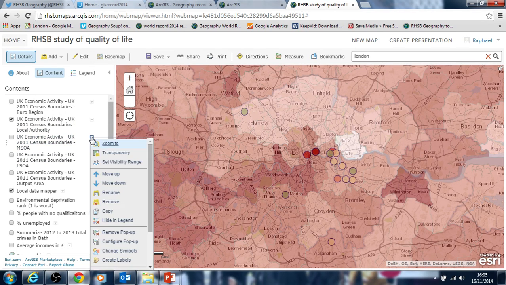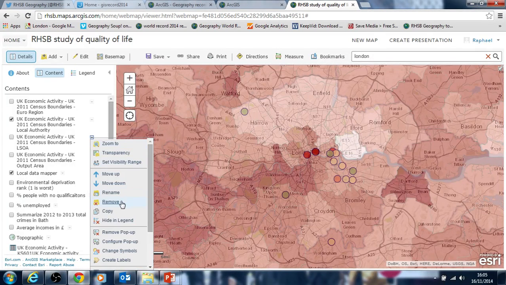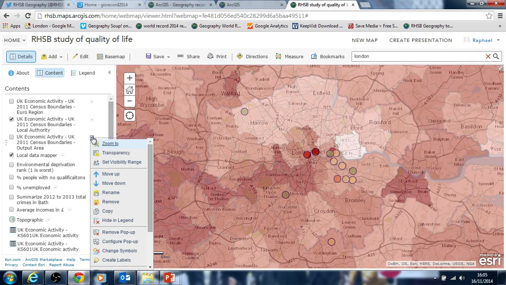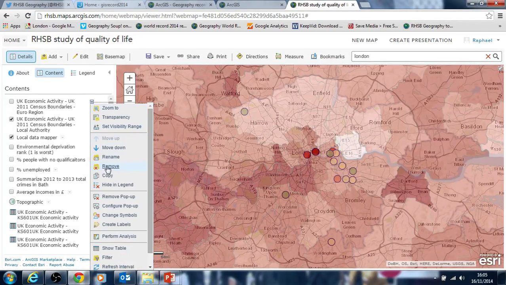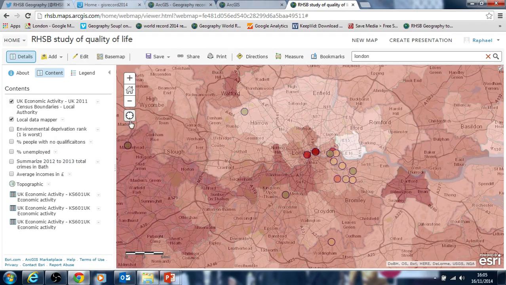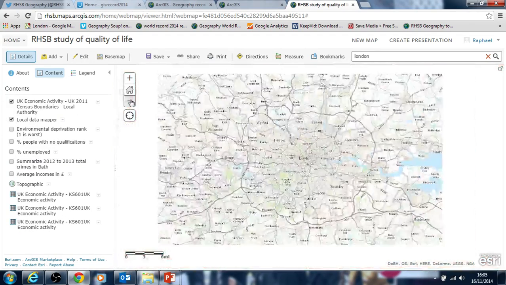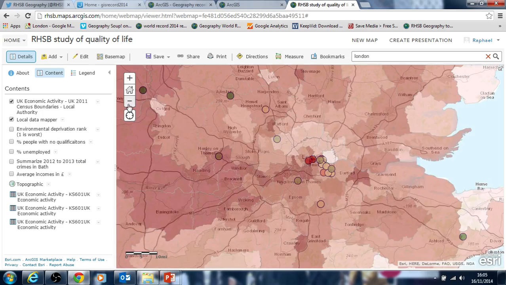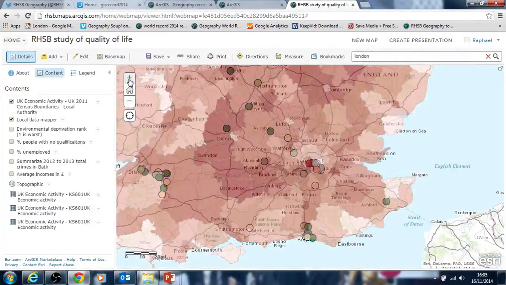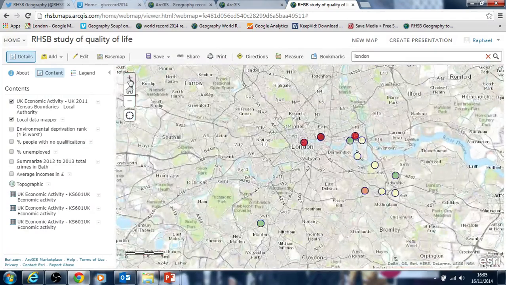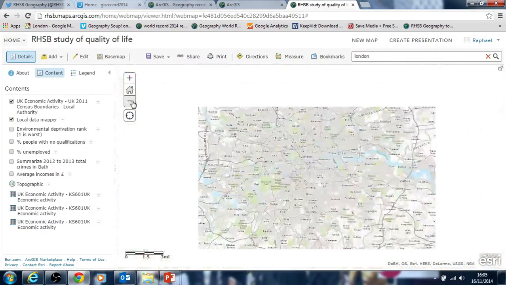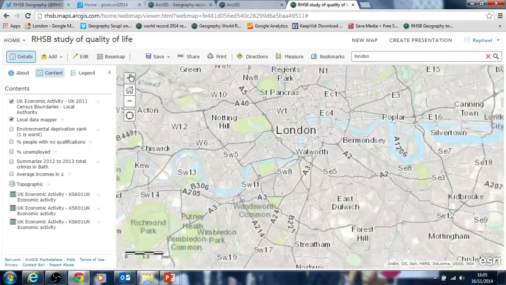You can keep them all, but if you want to clean your map up, you could remove some of the others, which I'm just going to do for the moment to make it a little bit cleaner and simpler to understand what I'm doing. Okay, but you've got the ability to access them all. Now at the moment that means when I zoom out of a particular scale it will disappear. I thought it would disappear, maybe it doesn't. There you go, it has disappeared if I zoom in too far,